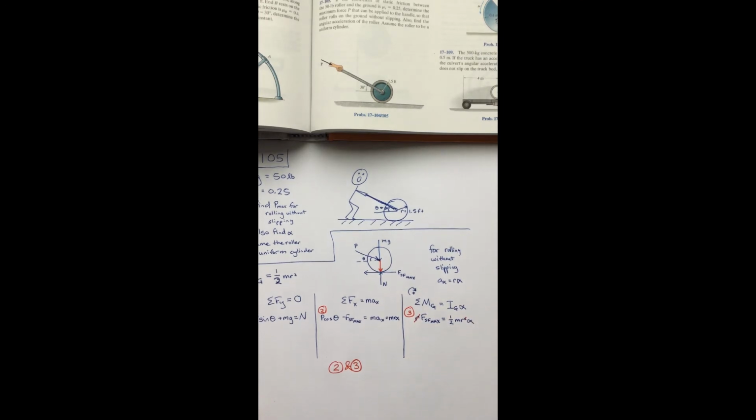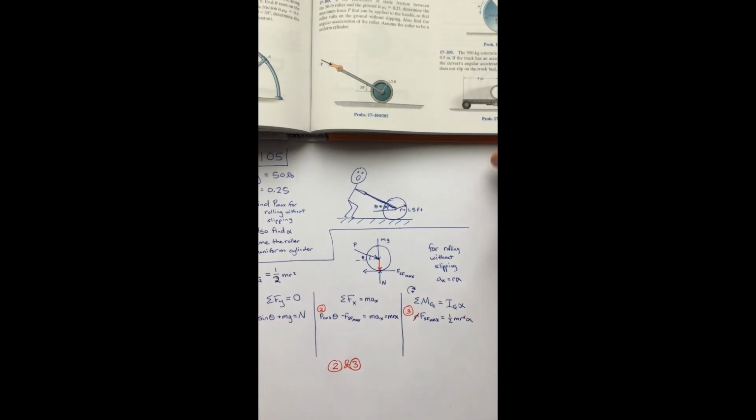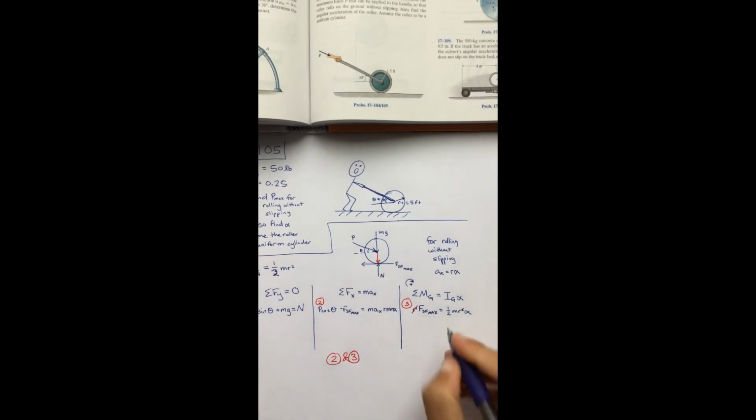I'm going to take equation 2 and equation 3 and put them together. If I look at equation 3, I can cross out an r on this side of the equation and an r on that side of the equation. And I can write this as 2 times the maximum value for the force of static friction is equal to mr alpha. This equation 2 is equal to mr alpha, so I can say 2 times the maximum value for